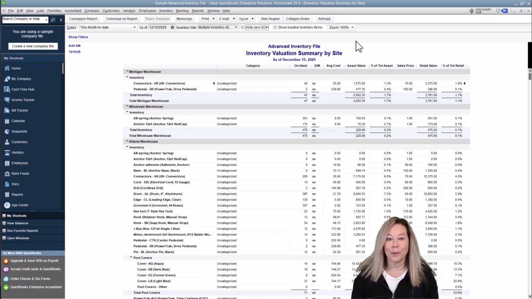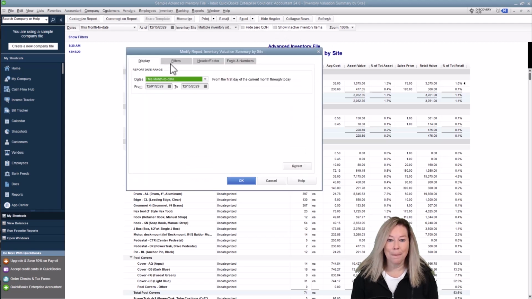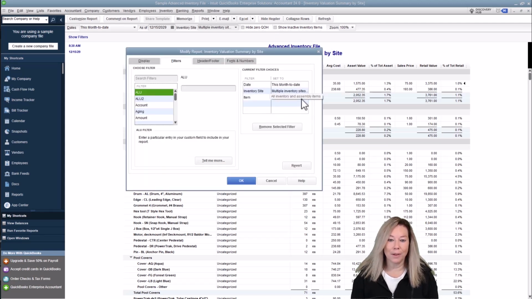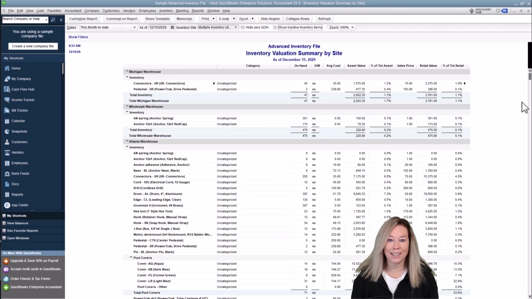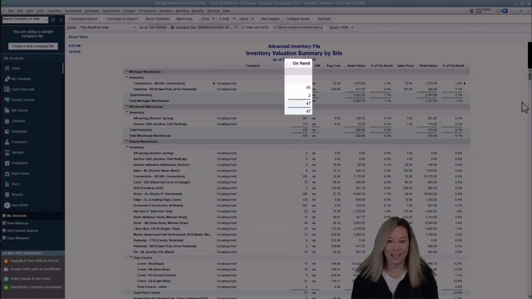You can check to show inactive inventory items. You can filter by item, inventory site, and if you have your categories set up, you can filter by category. Click OK to run if you made any changes. The inventory site, along with category, quantity on hand, unit of measure, average cost of the item, total asset value,